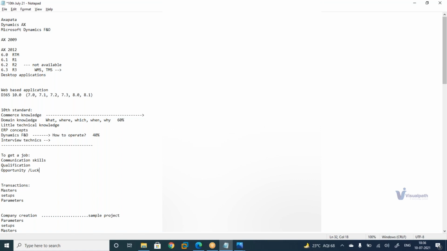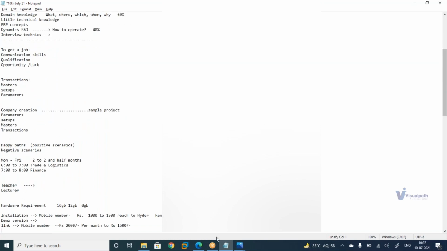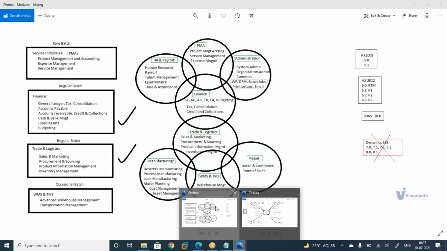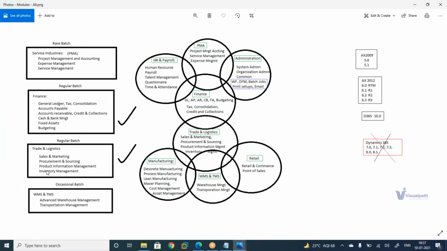I'm from a technical background, so I want to know, are we covering any topics on inventory management? Like we have forms in inventory management, what does it define, and what happens when the sales order is stated? Are we going to explain that in inventory management? Yes, correct, it will be part of it. Inventory management is a part of T&L.